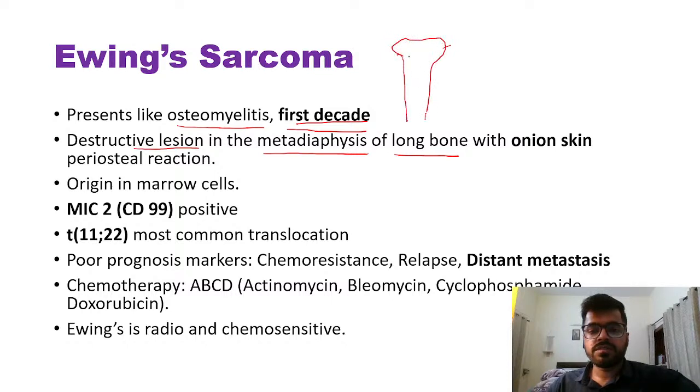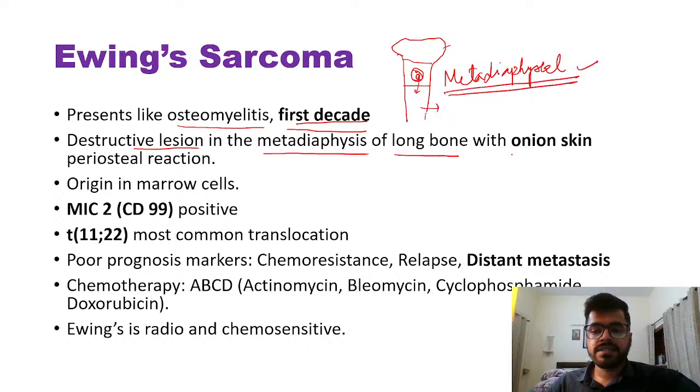the epiphysis, this area is the metaphysis, and here is the diaphysis. So it will arise from the metaphysis and grow into the diaphysis. So it is a metadiaphysis tumor. Not a diaphyseal tumor, it is a metadiaphyseal tumor. It starts from metaphysis only,